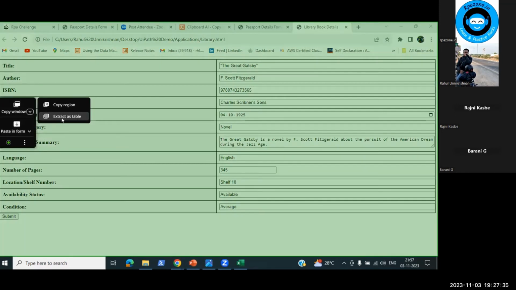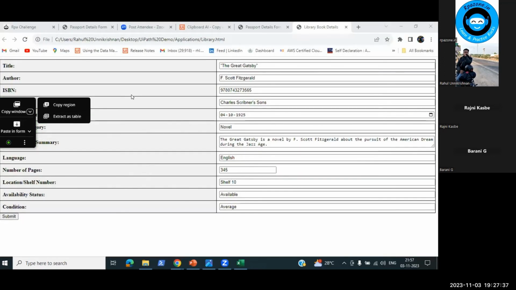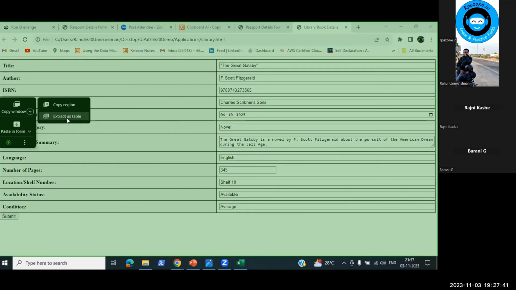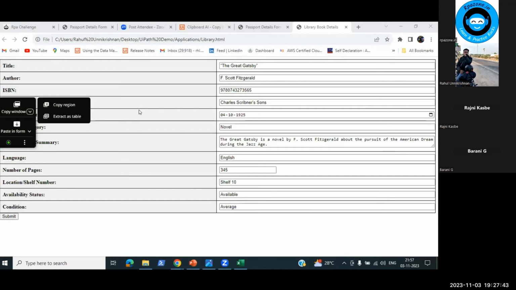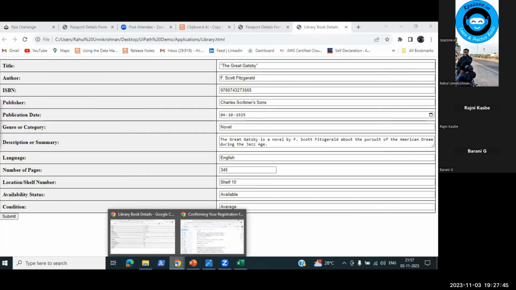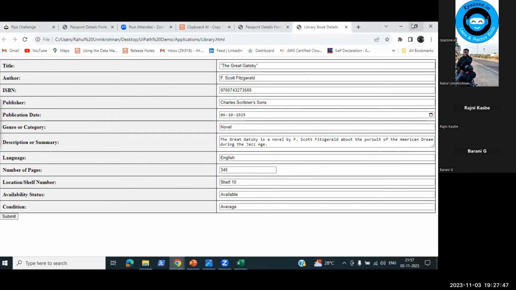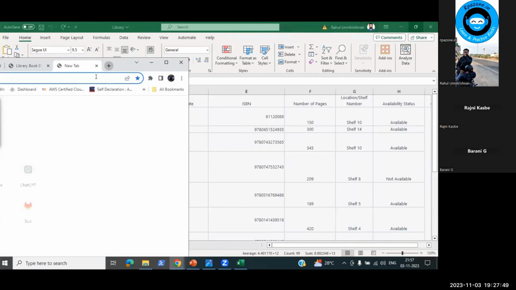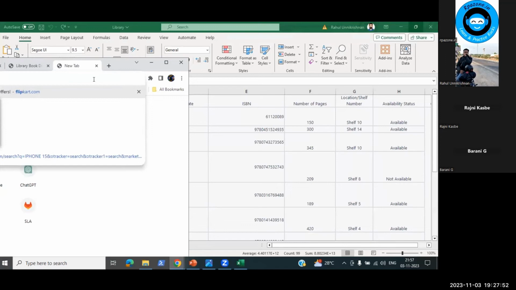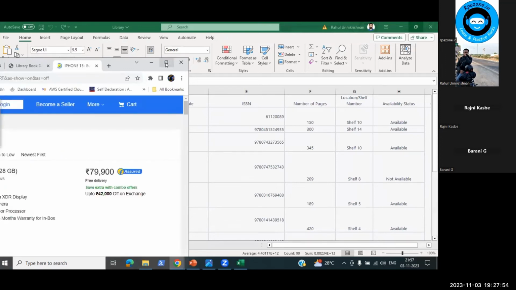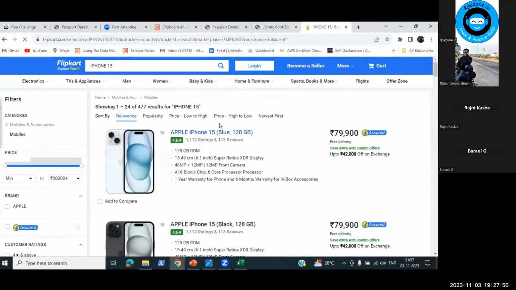Structure as a table. Those who already work with UiPath are aware of extract as table, right? Here also it is supported, so we can extract the data to a table. For example, looking at Flipkart, I already opened this. Okay, so if I need to copy this data